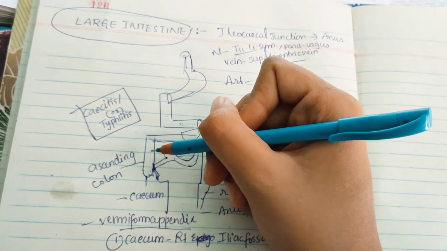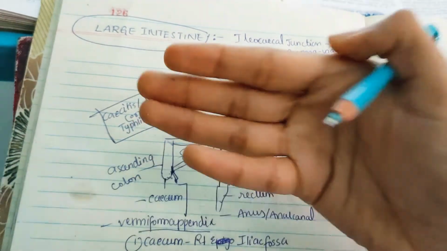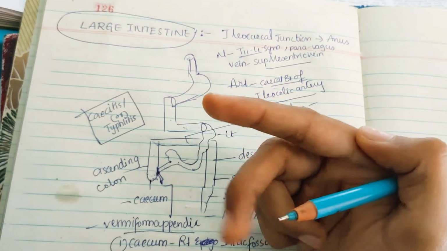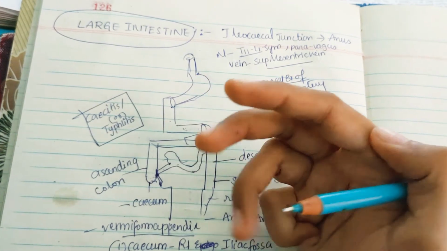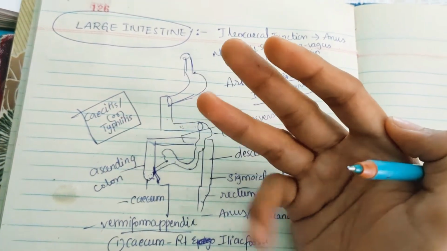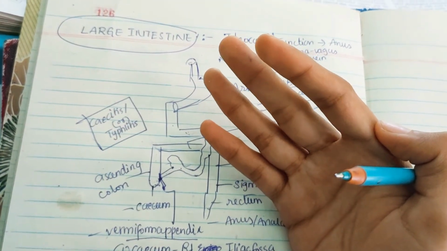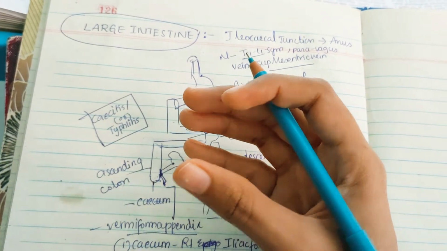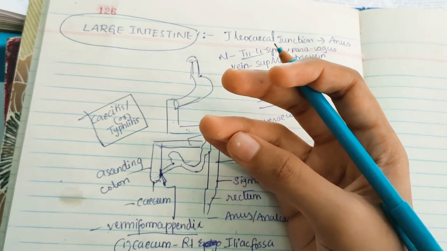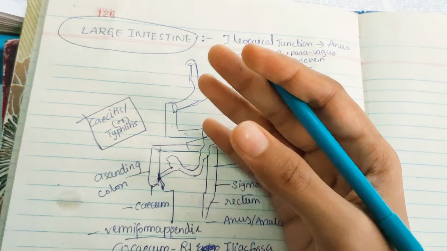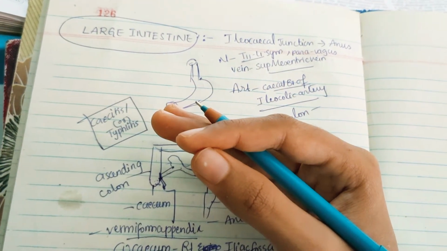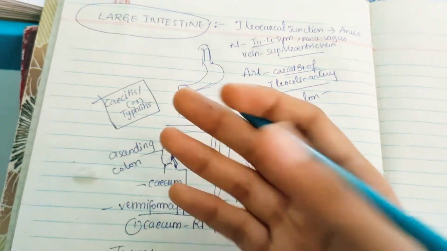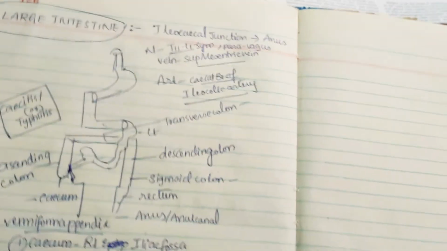Okay, and posteriorly, if you talk posterior to ascending colon, you will have iliacus muscle, iliolumbar ligament, quadratus lumborum, transversus abdominis, and the diaphragm is at the tip of last rib. And also you'll have lateral cutaneous, ilioinguinal, iliohypogastric nerves, and also you'll have the iliac branch of iliolumbar vessels and fourth lumbar artery and right kidney. So what I'm talking, I think you're not understanding, so let me write them.